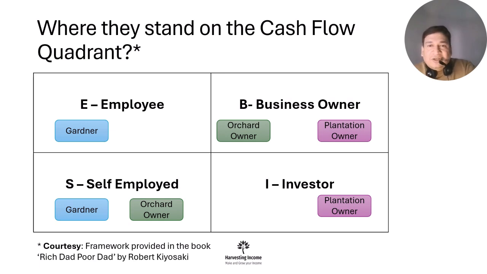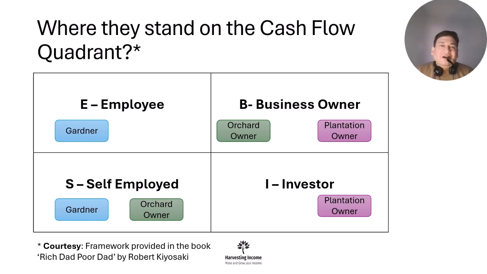And last but not the least, I'm going to just conclude with this slide. And here we talk about the cash flow quadrant, like Robert Kiyosaki's cash flow quadrant. If you have not read that book, you can Google online and find out what the cash flow quadrant is. It basically has four sections. It's a two by two matrix. You have E on the left top, E for employee. On the left bottom, you have S, self-employed. On the right top, you have B, business owner, and on the right bottom, you have I, the investor.